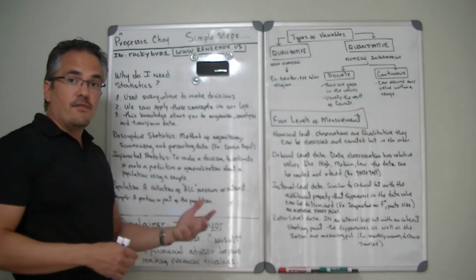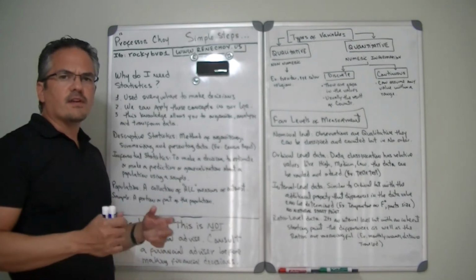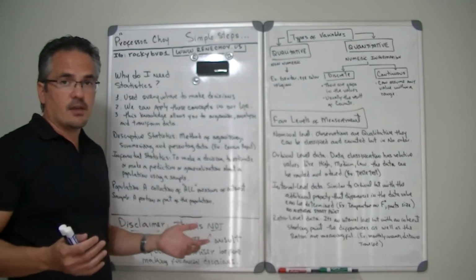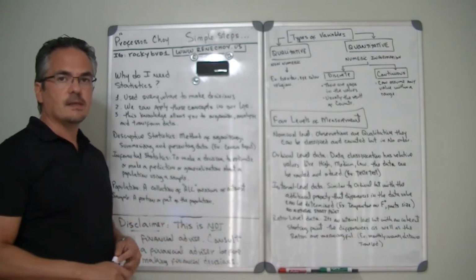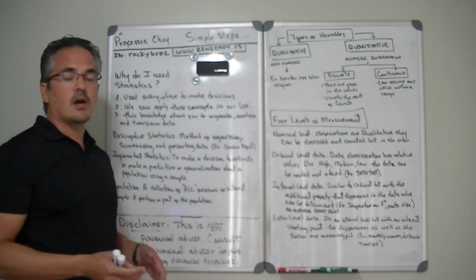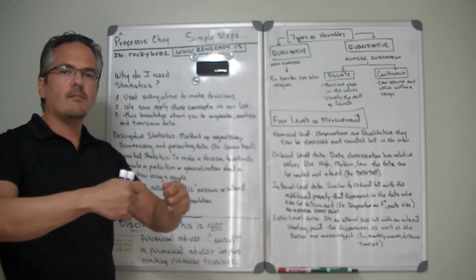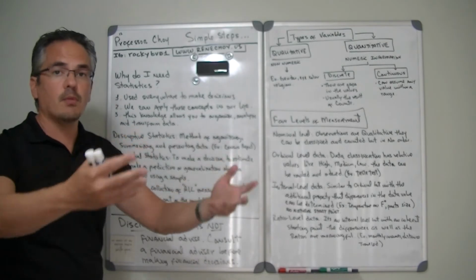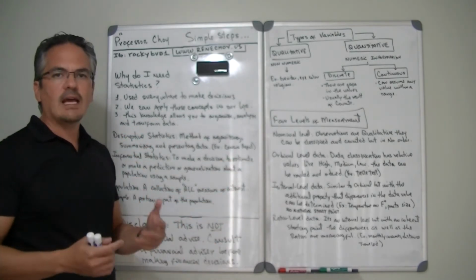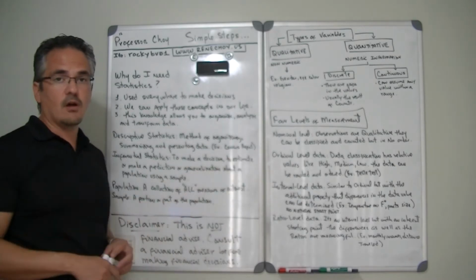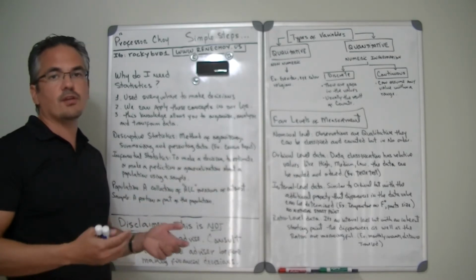I actually have other videos that you can watch as well. One of them, for example, is where I explain how your credit score works. And believe it or not, again, a credit score is another statistic. So basically, a particular company takes all this information from you, and then they give financial companies a number that represents how likely you are to pay back or not to pay back. And then that particular financial company can make a decision of whether they're going to give you a loan or not.